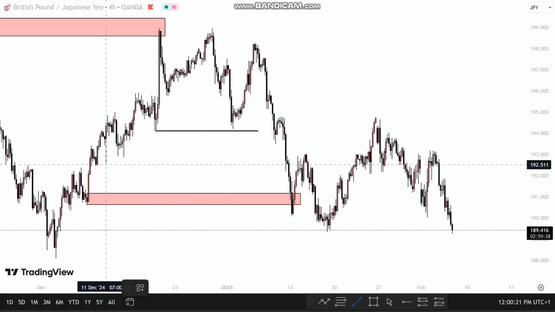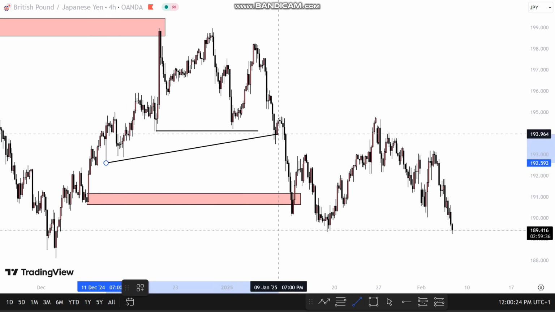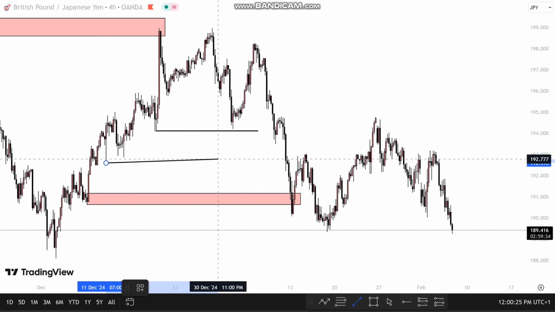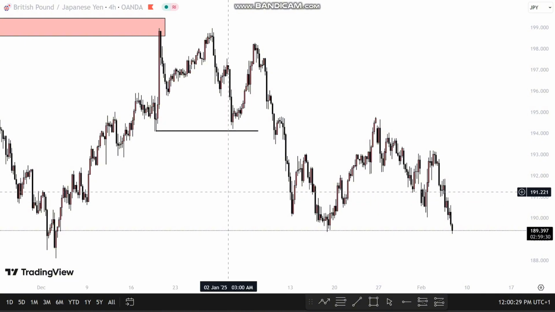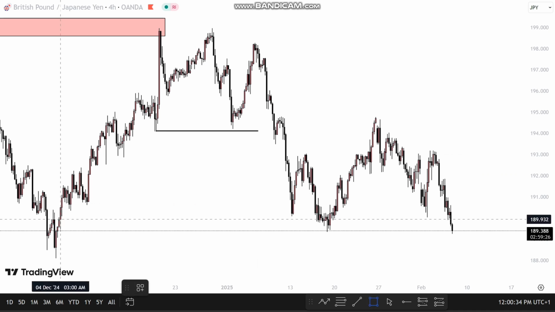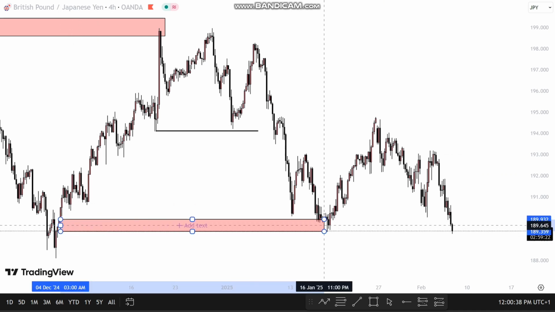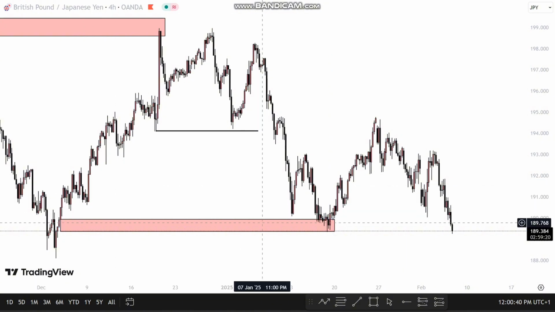All of the lows were above. It was very, very high. Okay, so I never expected this area to hold. That is why I did not use it. But right here, there was a 1-hour zone which was around here, a base. So price even came almost close to it, then left a low,